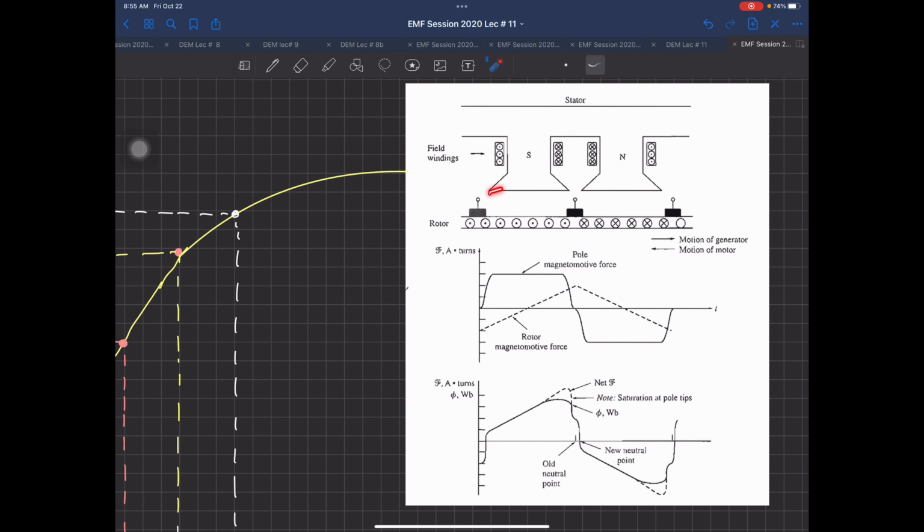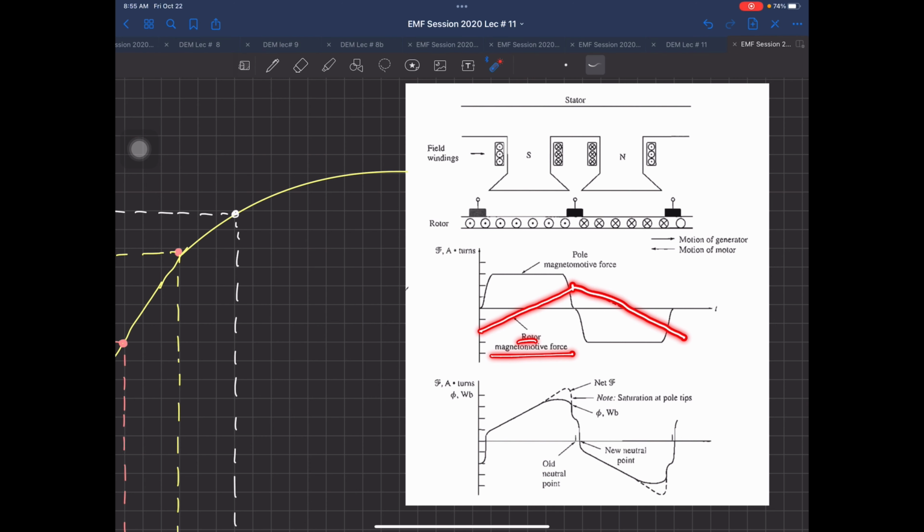Now, because of the shape of the pole, which is shown here straight but practically is curved, you can see that the shape of the pole MMF is like this, as I told you 2-3 lectures back. Now this pole MMF is going to be disturbed by this armature current, the crosses and dots. And this is going to create a rotor magnetomotive force like this and like this.